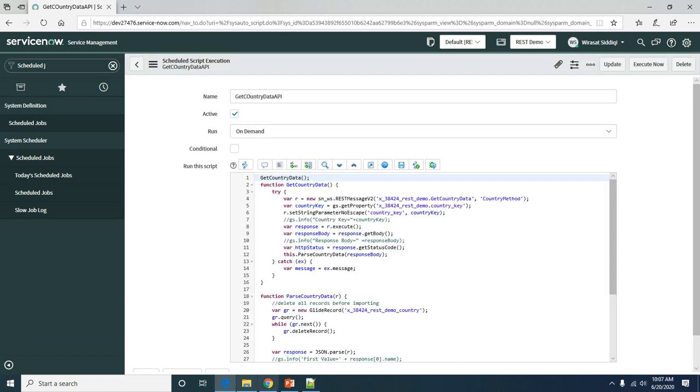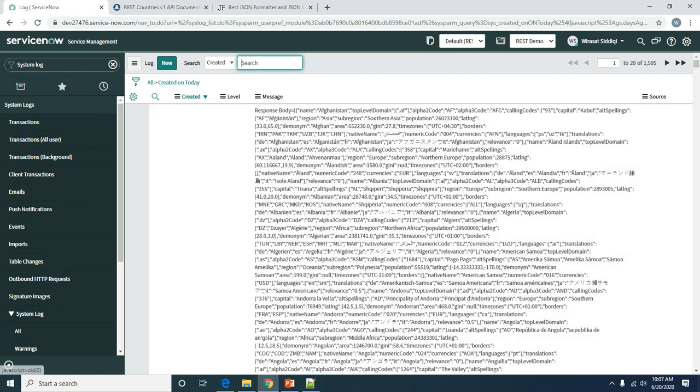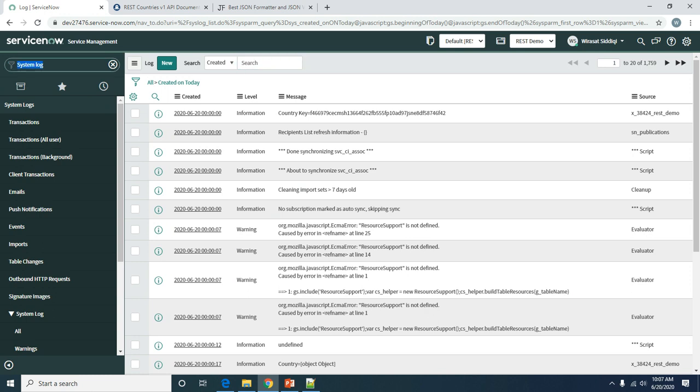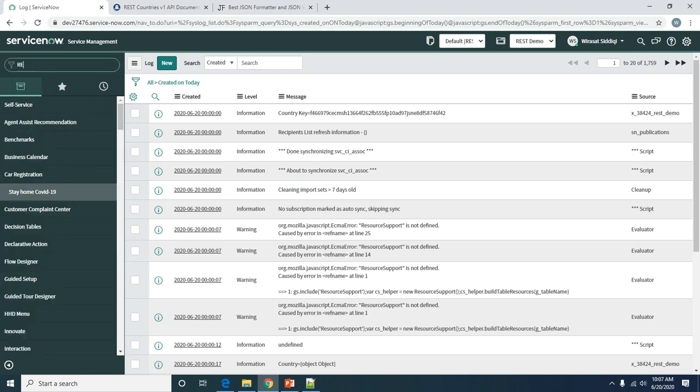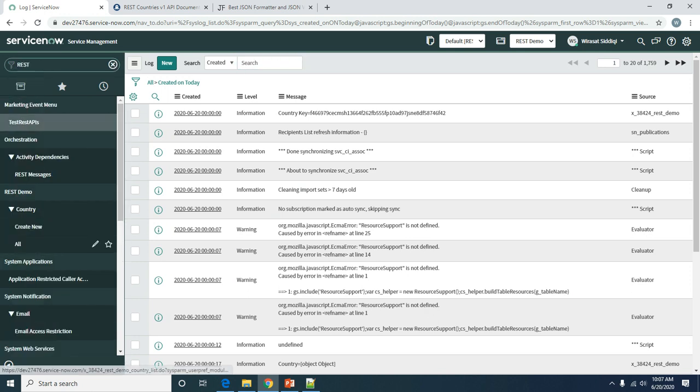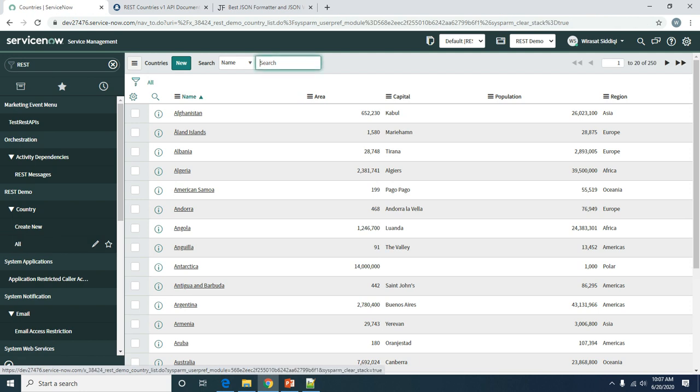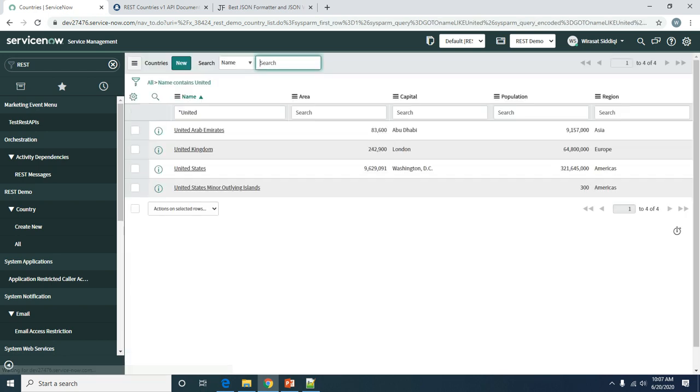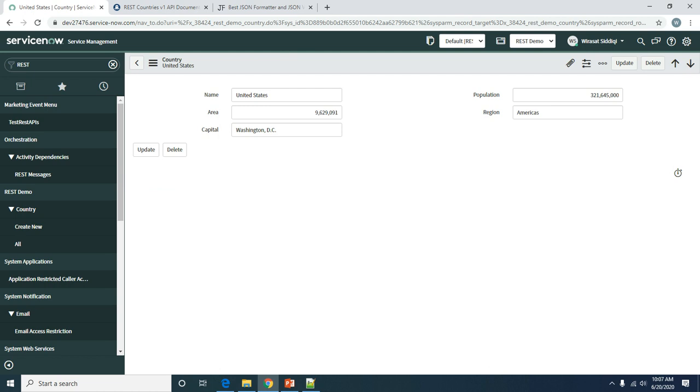Okay, and go back to my other session, list, go to the country table. Okay, so here you see all the country data is populated. It has 250 countries listed. Now if you want to search any country like United States, click this, and these are the 5 fields that we are getting the data from